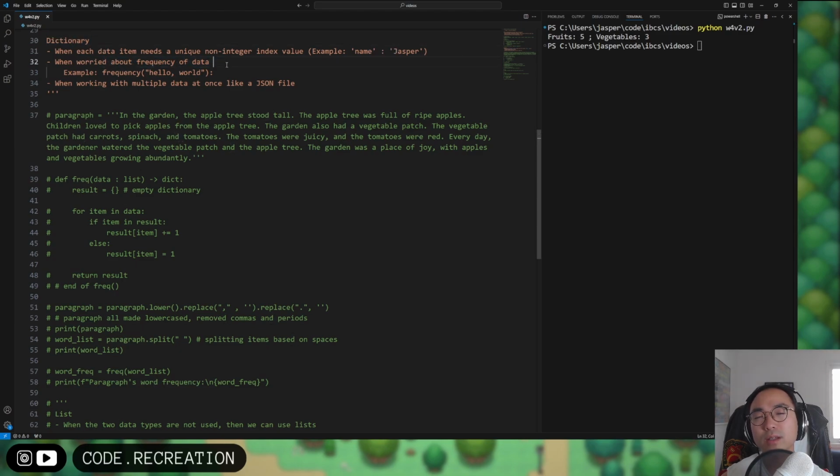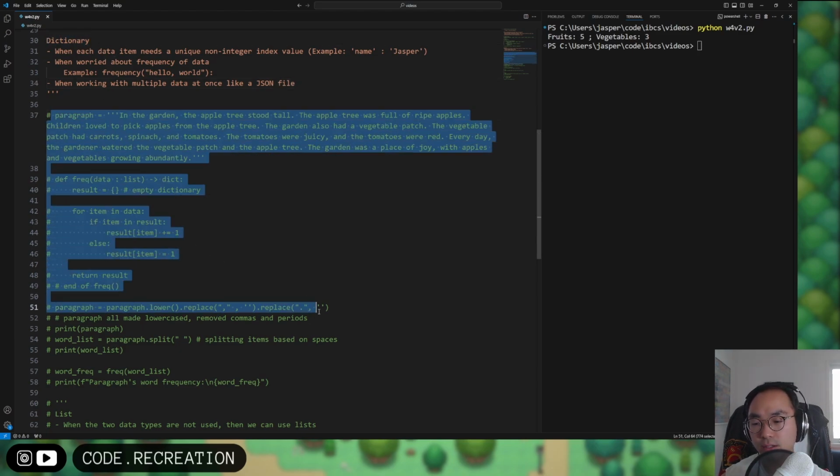When you're worried about frequency of data, which we're going to talk about next, it's really nice to have a dictionary. And if you want to work with multiple data at once, that is similar to a JSON file, which is a JavaScript Object Notation file. It will look like a dictionary of dictionaries and so on. And that's really nice when you want to have that kind of feature. So in this set of code here,